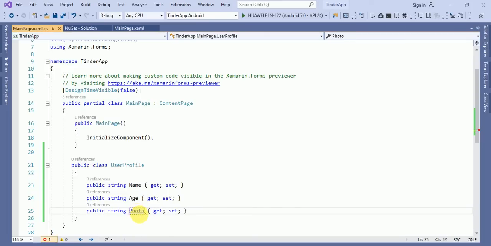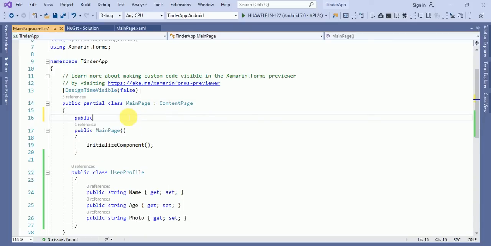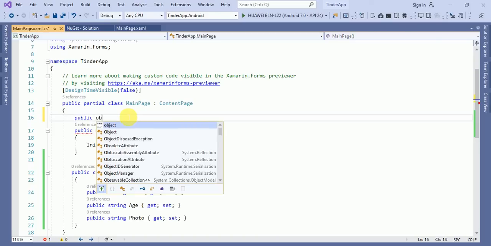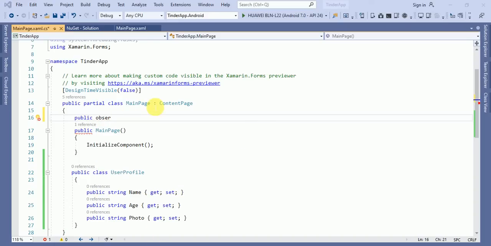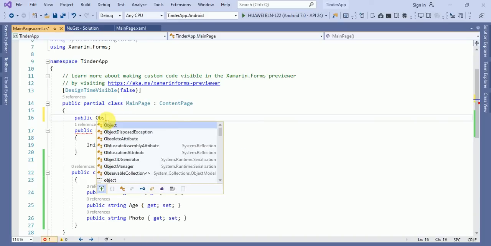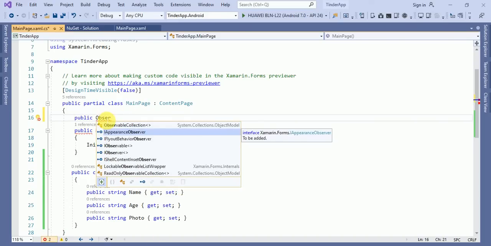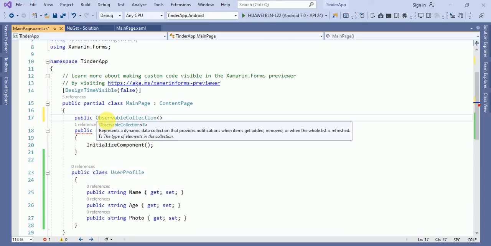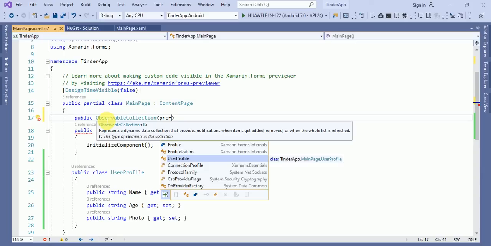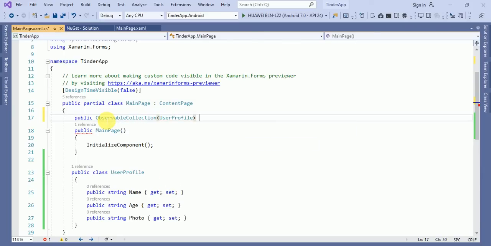Okay, so first we will create an object, public observable collection, and inside this here we will bind the user profile.